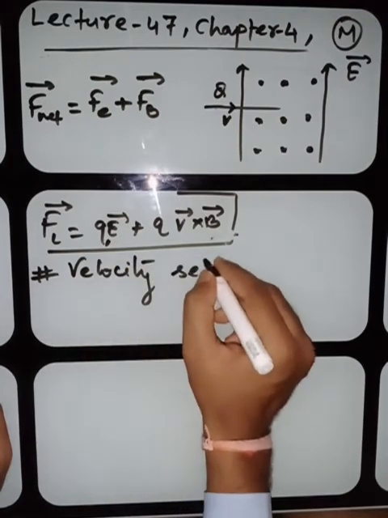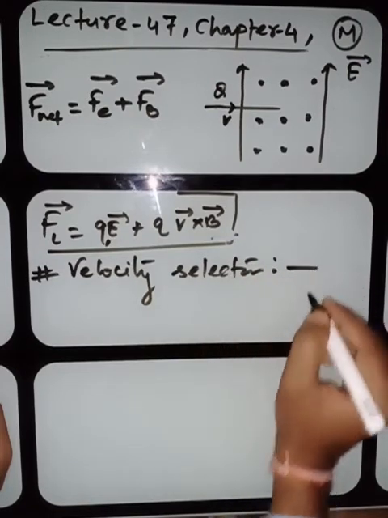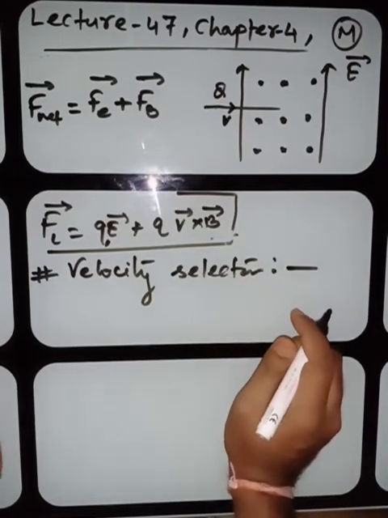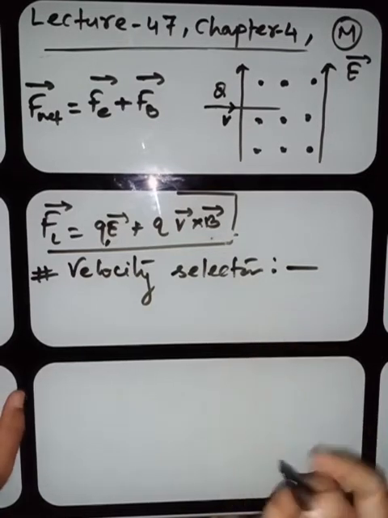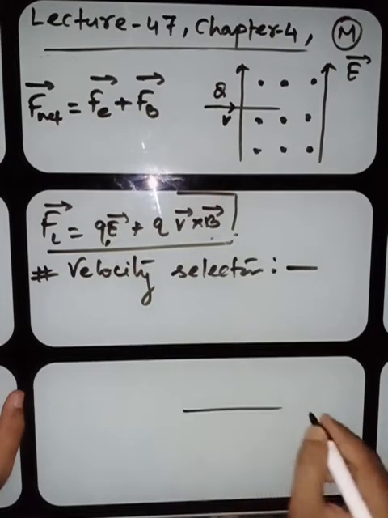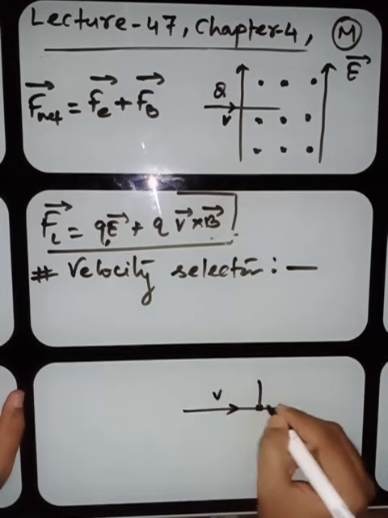Velocity selector, or this is also called the velocity filter. Okay, how it works, try to understand. Suppose, my dear students, any charged particle is projected in this direction with the velocity v, and two forces are